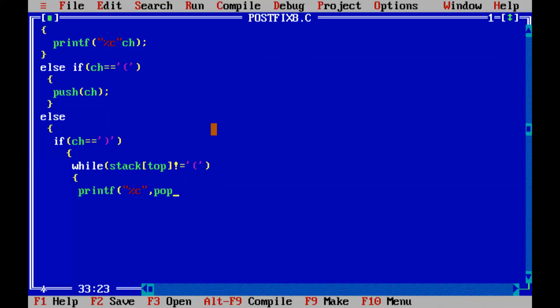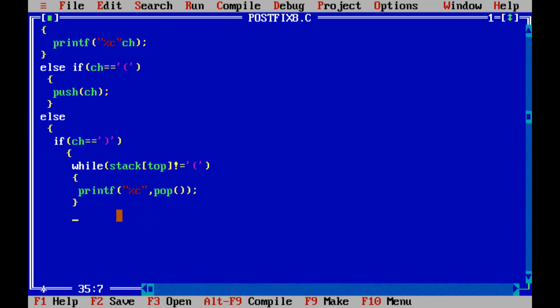So these two operations happen when you give a pop function call within a printf statement. Got it? Whenever a pop is called, it moves to the function definition, and the return value will be printed where we have given %C. So you will be printing the popped operator from the stack, until it is equal to left parenthesis. When it is equal to left parenthesis, what will happen?